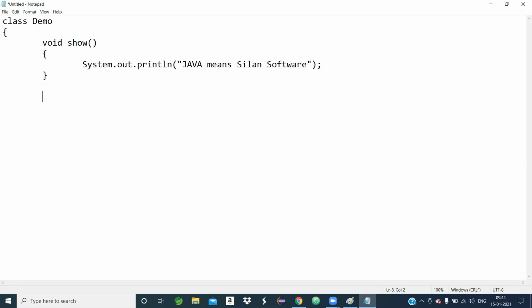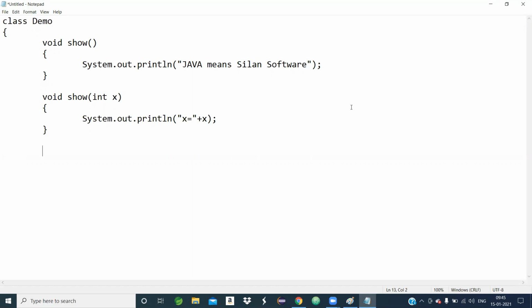Now I am defining the same method again, but with a little bit of difference in the signature part. Suppose I take one int argument. Let the body be system.out.println, x equals the value of x.